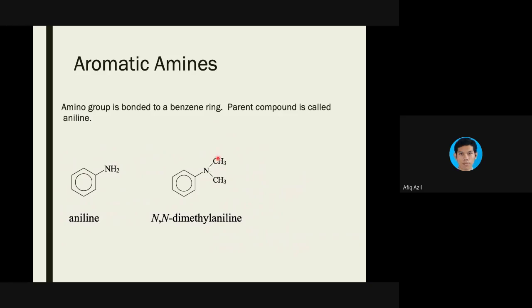another 2 methyl groups. Hence the word dimethyl aniline, but the dimethyl, or these 2 methyl, are not bonded to the carbon, but are bonded to the nitrogen. Hence it is written as N, N. So N, N stands for the position of this methyl. This methyl is bonded to nitrogen, so you have to write N-methyl. But there is another methyl group, so you have to write again N-methyl. Since there are 2 methyl groups, it will be written as